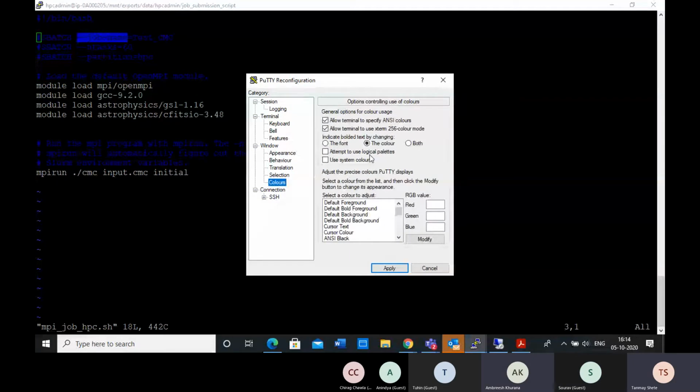There is a colors option in Windows here. Blue and white, what should be the color?